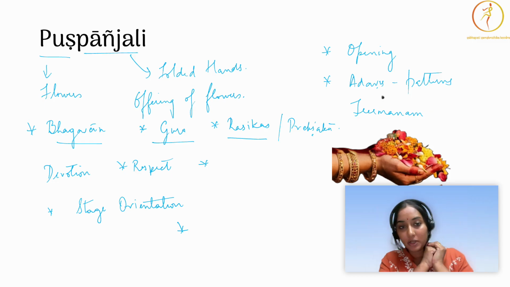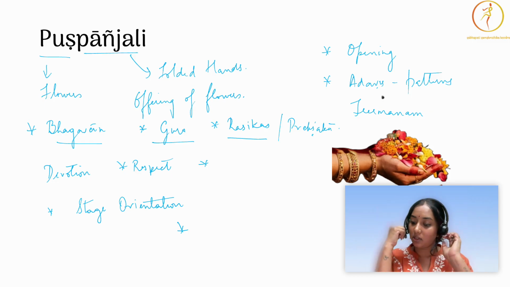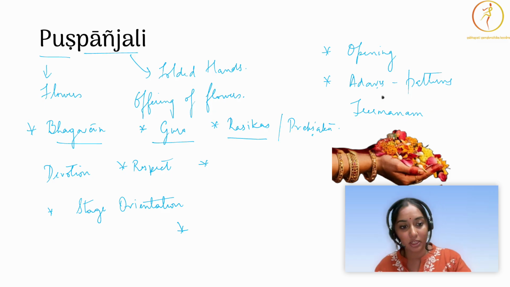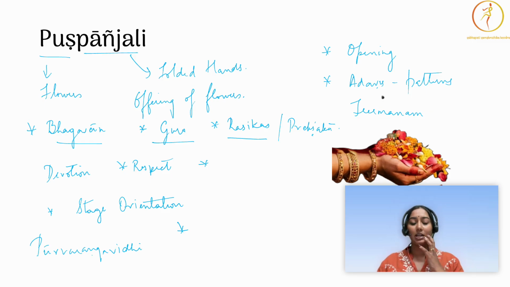Now, where did the Pushpanjali come from? So this may be a little too deep. However, in the Natya Shastra, there's something called the Purva Ranga Vidhi mentioned. So this itself is one of the chapters of Natya Shastra, where Bharata has explained how an actor or how a play must be commenced. So the definition or the translation of the chapter is actually commencement or preliminaries of play.